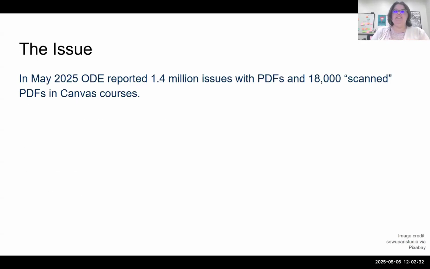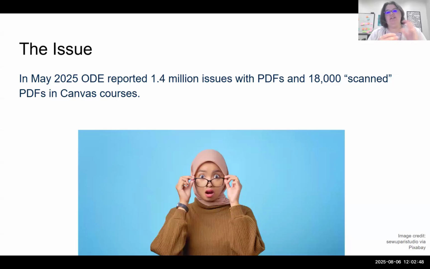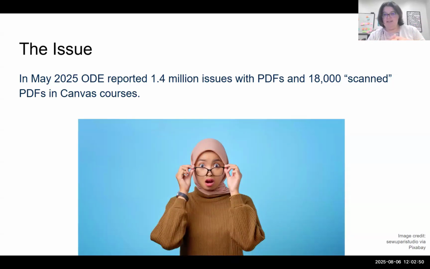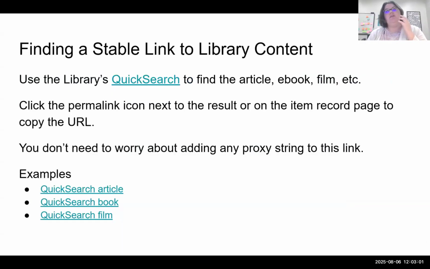So the issue is ODE, Nick Gaspar, came to a librarians meeting in May earlier this year and reported that there were 1.4 million issues with PDFs in general in Canvas, and that there were about 18,000 scanned PDFs in Canvas courses. It's a little bit shocking, but actually not all that surprising because a lot of our faculty we know use materials that are not necessarily electronically available easily. So the easiest way to kind of mitigate this